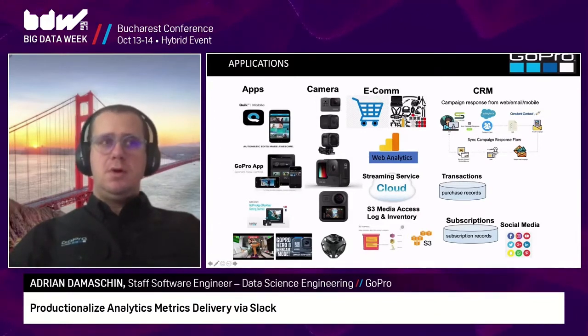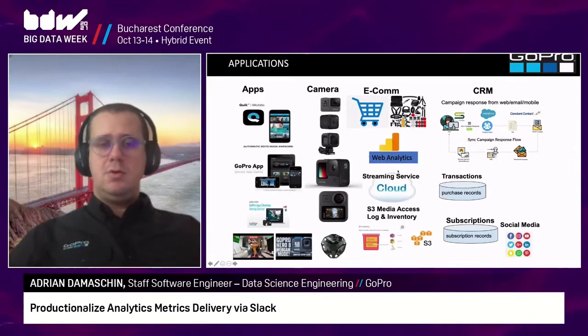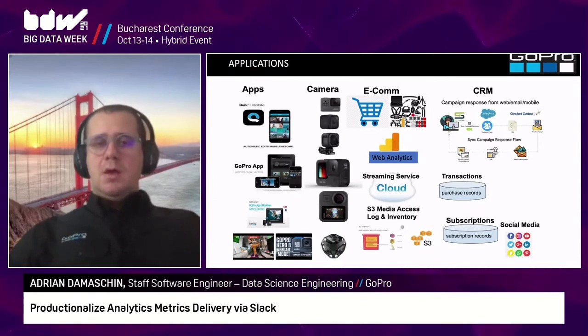Then there's ecom. How much time are they spending on the website? What kind of accessories do they buy, or what kind of links do they form between the products? Where are they coming from? How are they using the streaming service? How are they using the media on the cloud? How much storage do they put on the cloud? As you know, we are offering free cloud storage, unlimited. So we need to know the cost of our cloud storage and what kind of access we are getting from them. Also the subscriptions, how many subscriptions do we have?